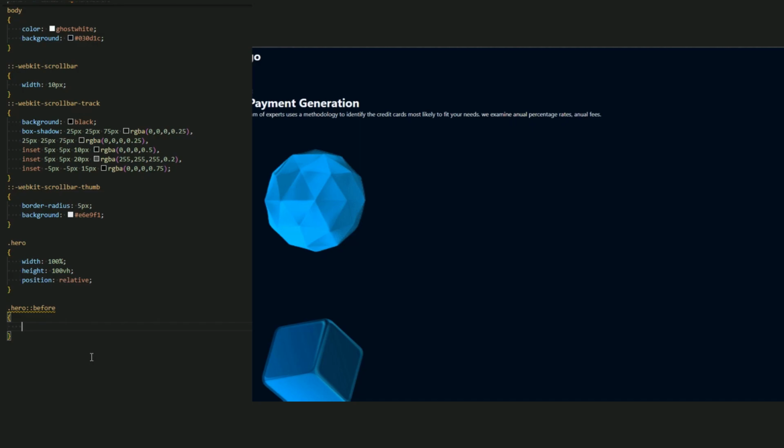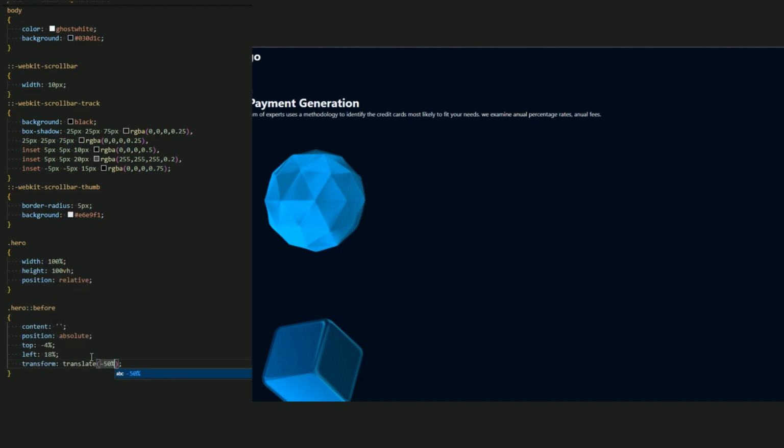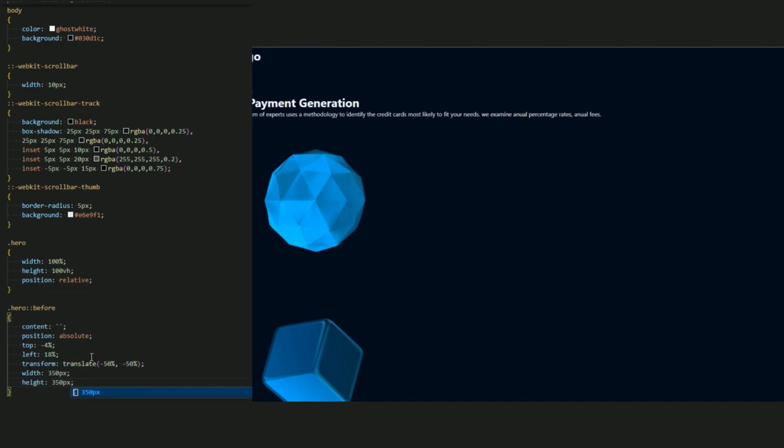Okay, so let me add the content empty, position absolute, top -4%, left 80%, and add the transform translate -50%, -50%. Now set the width and the height to 350 pixel. Now for the box shadow, 0 pixel, 0 pixel, 100 pixel.